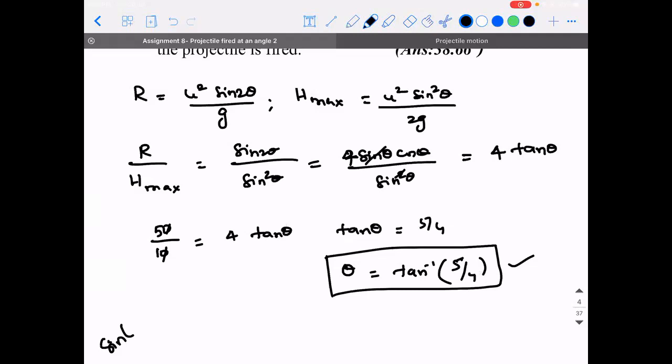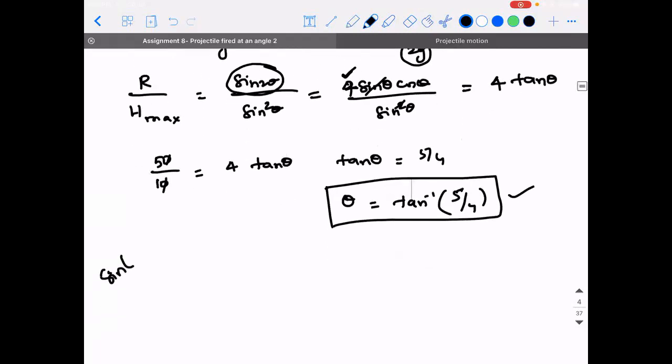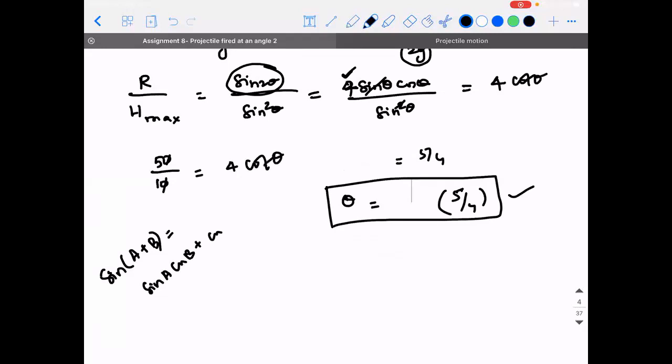That's right. So theta will be tan inverse of 5 by 4. Please make the correction. This 4 actually came because sine 2 theta is 2 sine theta cos theta, and there is a 2 from here in the denominator. Okay. Sir, cos theta upon sine theta is cot theta, right? Oh, I made a mistake there also. Okay, cot theta. So it should be cot inverse of 5 by 4. So cot theta is equal to this thing. So cot inverse of 5 by 4.